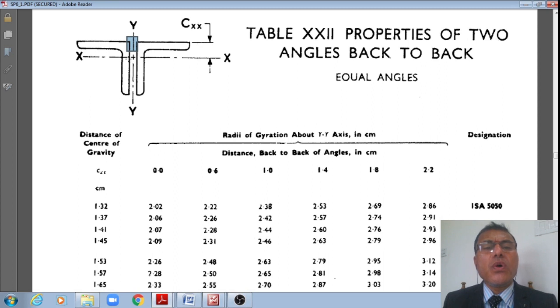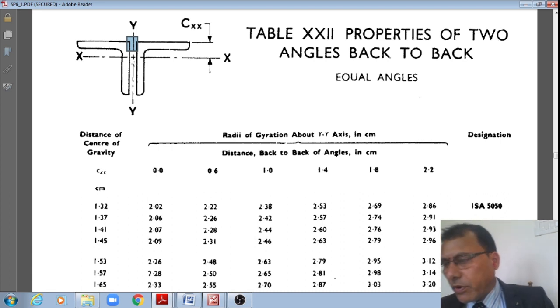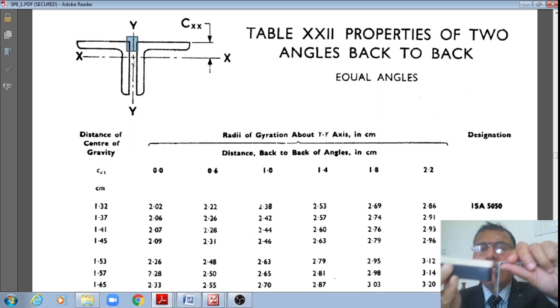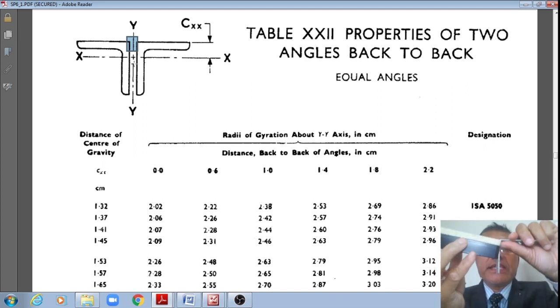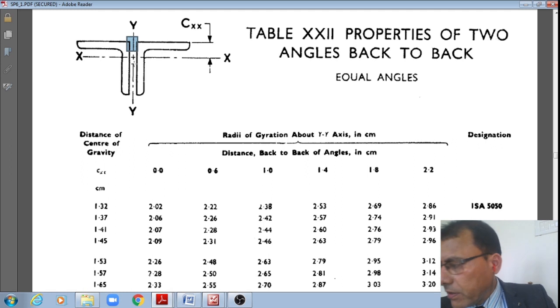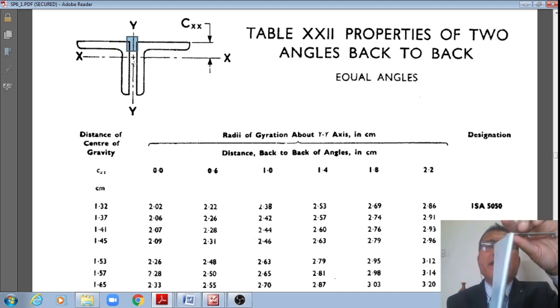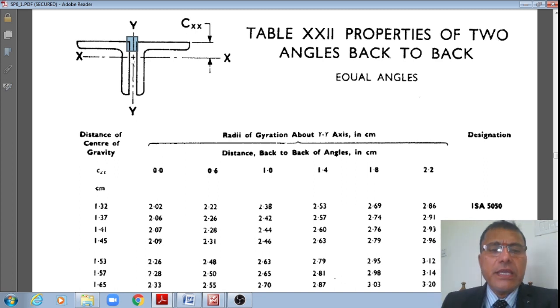If there is no gusset plate like this, generally we will be providing the gusset plate, right? If there is no gusset plate, then the angles will be directly back to back. This is how a gusset plate is placed. If there is no gusset plate, two angles are back to back, like this. There, in such a case, if there is a gusset plate of say 0.6 thick or 6 mm thick like this, then what are the properties? In either of the cases you can see the properties.